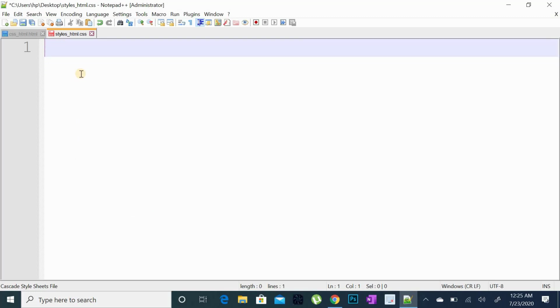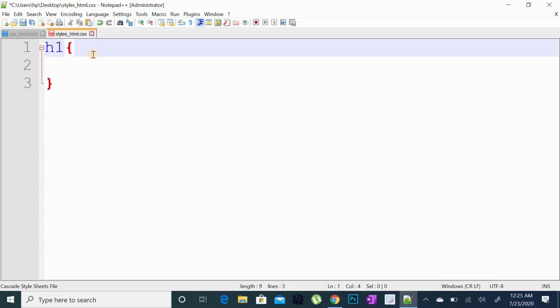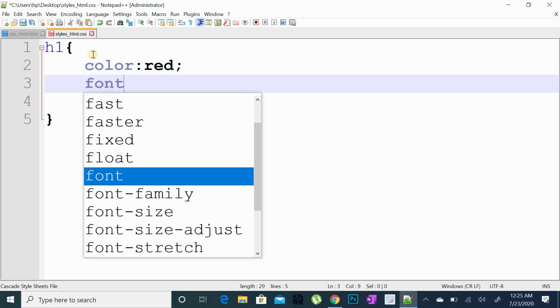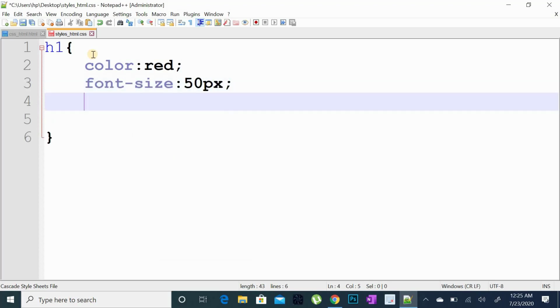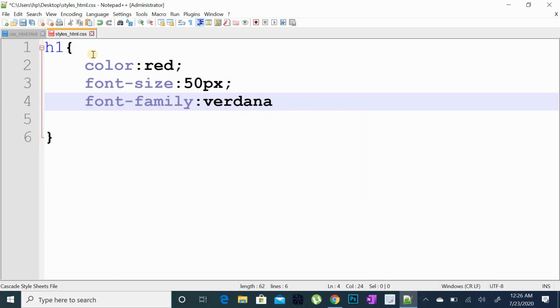We will simply write the name of our element, and opening and closing braces. It is the same as the internal CSS, but it's written in a separate file. So in that case, for example, I want to give the color red, font size 50 pixel, font family Verdana,